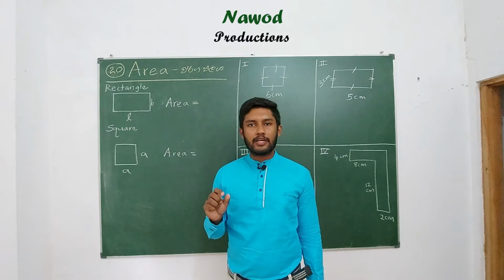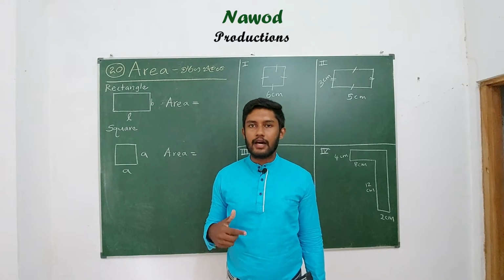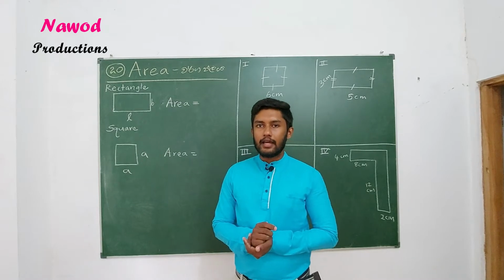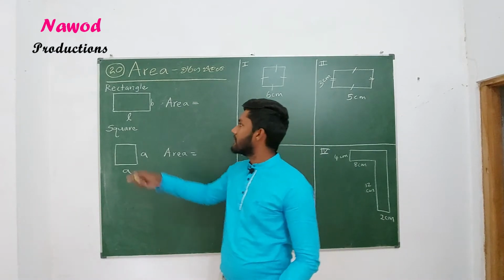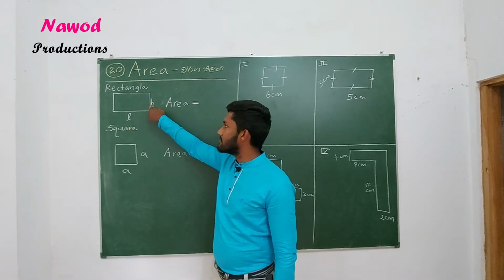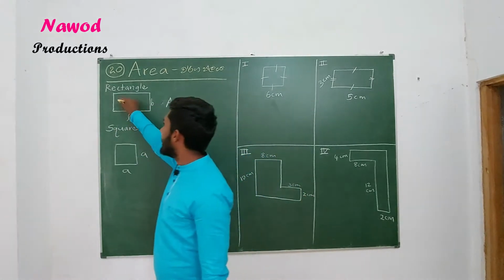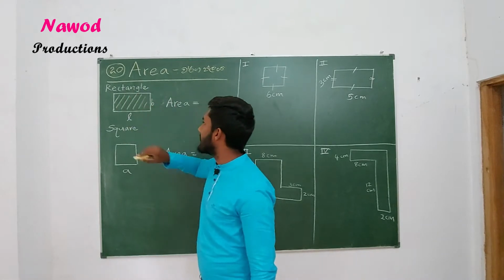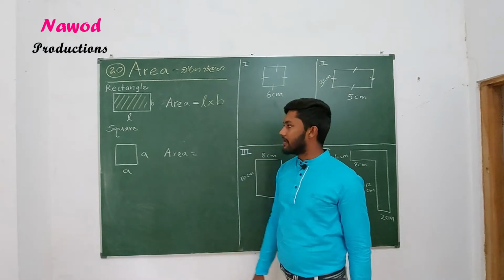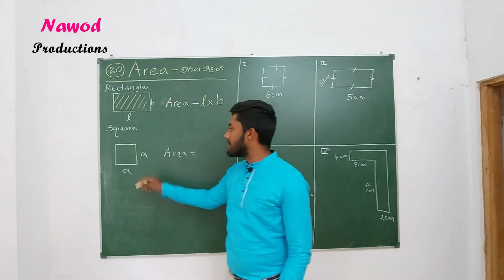Rectangle. The specification of the rectangle is that the opposite sides are equal. If one side is L, the other side is also L. If one side is B, the other side is also B. The total area can be calculated as L multiplied by B. Then when considering a square, the area of a square can be calculated